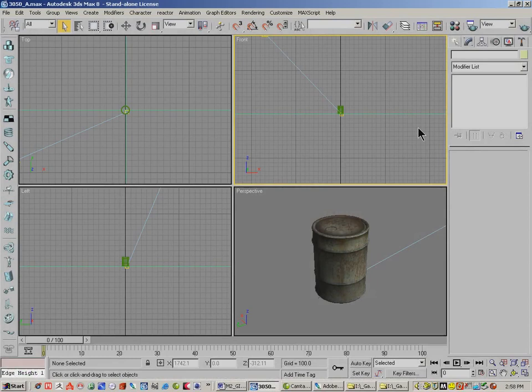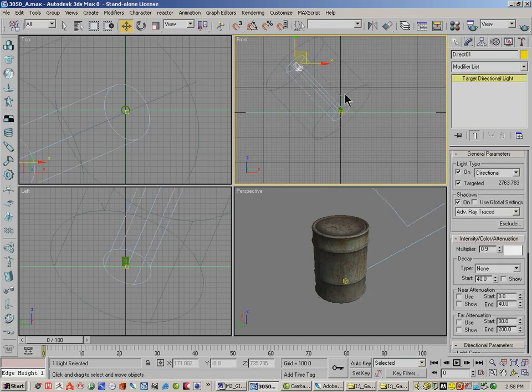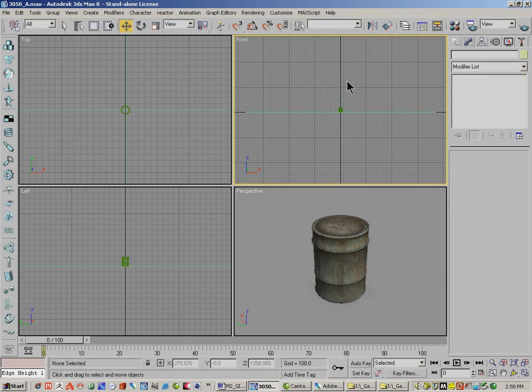Ambient occlusion map is going to burn in the shadows from the areas that are occluded or that the light can't hit as much. And that's going to give our model a more fuller or volumetric feel to it. The first thing I need to do is delete the lights that are already in the scene. And at this point I just have one